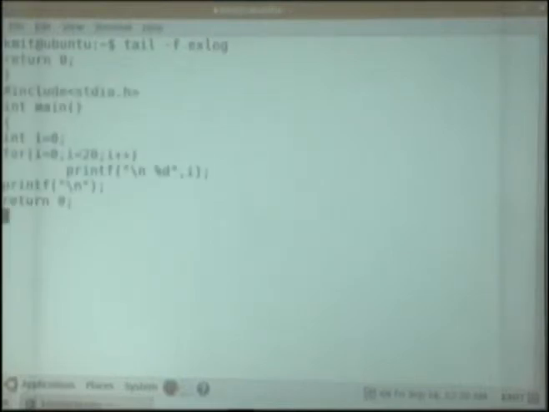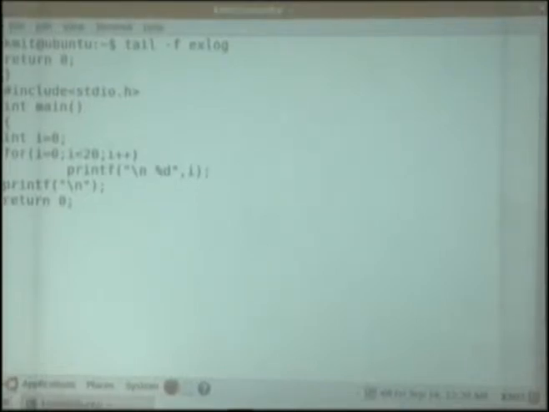Now we'll use the command tail option F exlog. Now it has stopped here.